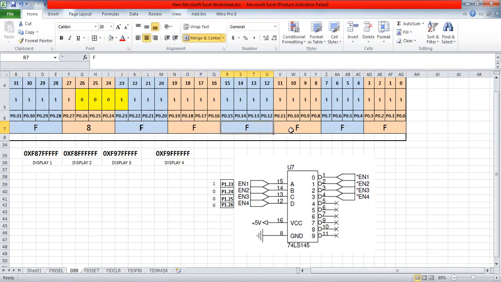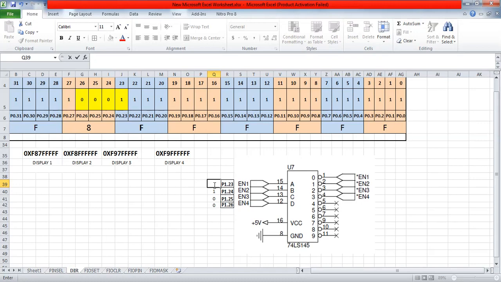and F. So 0xF8FF is the value that should be written via the FIO pin register to select display 2. Similarly, to select display 3, the corresponding value is 0, 0, 1, 0. Okay, and when you put this into the positions of the register, you will get 0xF97FF, and similarly